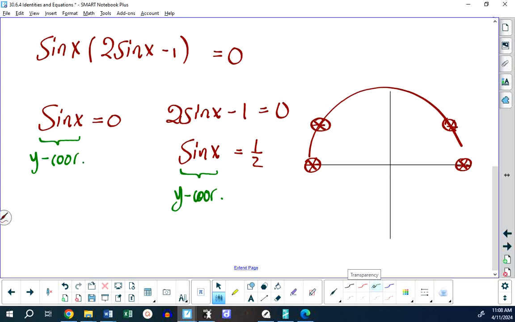Am I correct in remembering that we're including 0, but not 360? Okay, so 0 degrees works. 0 degrees is right here at this location. This is 30 degrees. 5 pi over 6, which is this location, is 150 degrees and 180 degrees. Now, if you stopped there, you would get the right answer, okay? And it is correct. However,